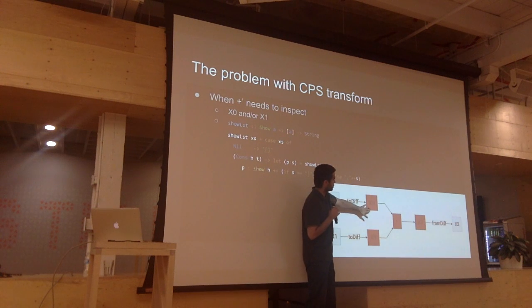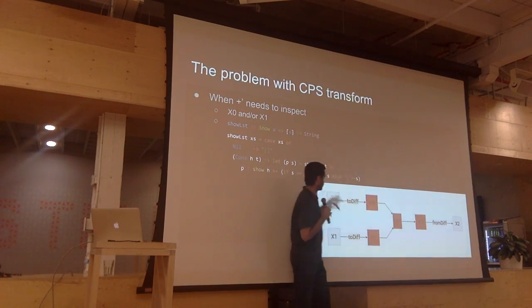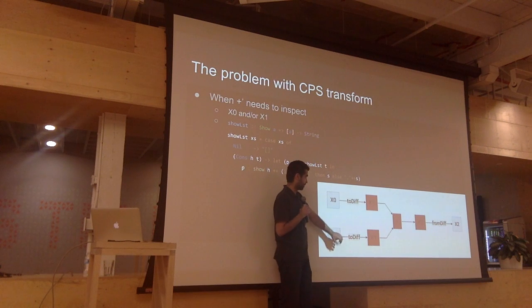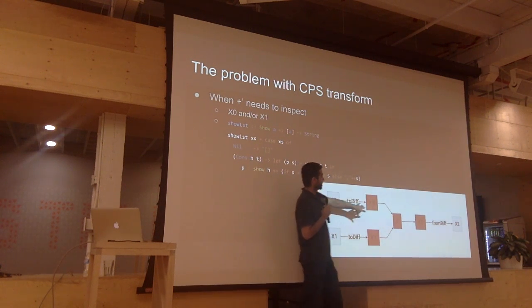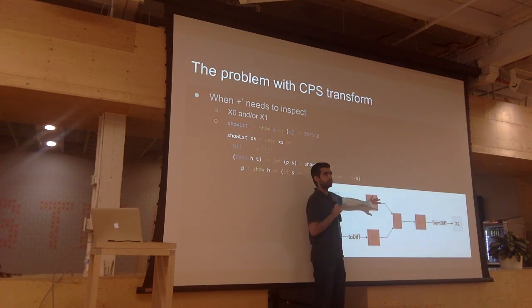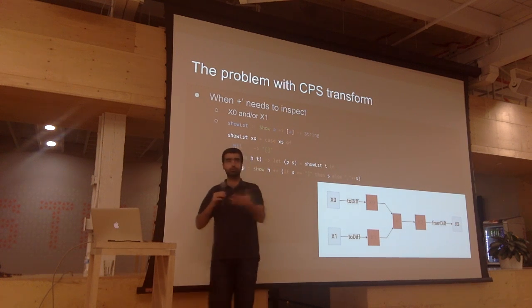So the problem that we were running into is if this plus or plus prime needs to inspect x, right, or the constructors of what shape does x have. And the reason that that's a problem is that there's a separation here. X is a recursive data type. It references x within itself. It doesn't reference anything else. X0, x1, both are of the same type, x. And I've created this derived data type. And this is just doing some transformation. These are usually pretty simple. These are like the function that we saw. The codensity transform is also a similar thing.